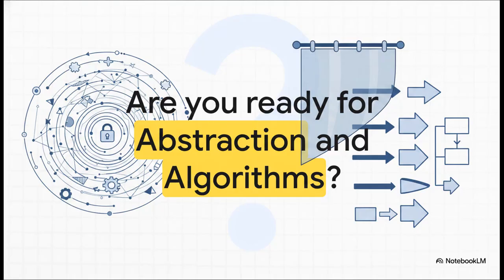So look at what you've unlocked today. You successfully mastered decomposition to break down massive problems and pattern recognition to solve them efficiently. You're already thinking so much sharper. But I gotta leave you with a question. What happens when a problem has way too much messy information and you need to hide the complex details? Or what happens when you actually need to write out those step-by-step rules for someone else or a computer to follow? Are you ready to tackle the final two tools, abstraction and algorithms?